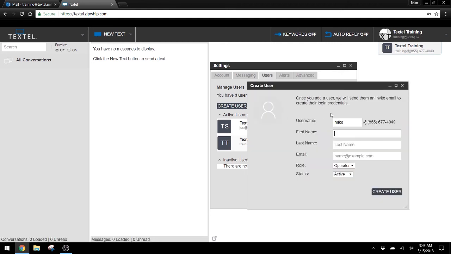Type in the username that you would like to use for that user, their name, and their email address. You can make a user either an operator or an admin. An admin has all the privileges of deleting text messages, changing admin settings like auto replies and keywords. An operator is only able to send and receive text messages and does not have access to some of those admin settings. Make sure that the user is active so they can start texting right away, and click on Create